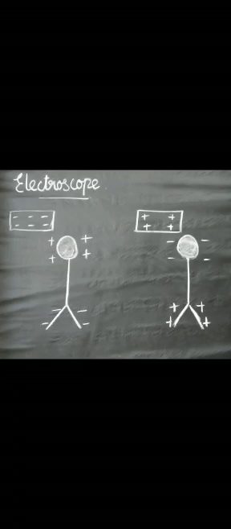So that is accumulating on the metal leaves inside the electroscope. If a negatively charged object is brought near the top knob of the electroscope, it causes the free electrons in the electroscope to move down into the leaves, leaving the top positive. Both leaves have a negative charge, so they repel each other and move apart.